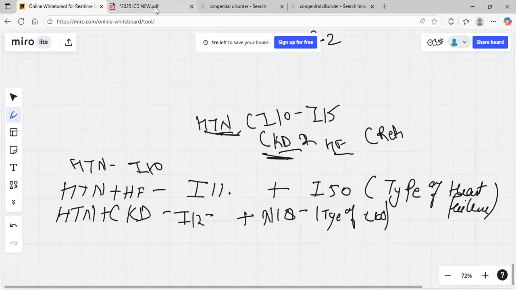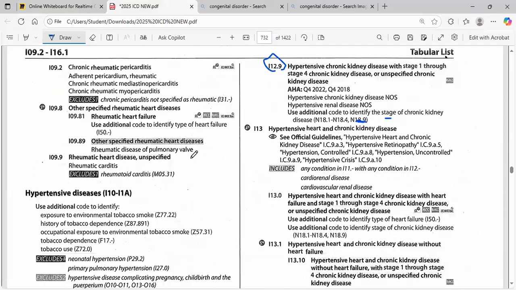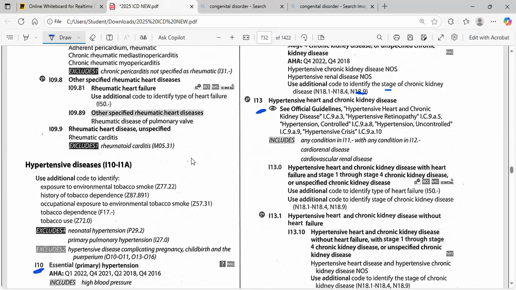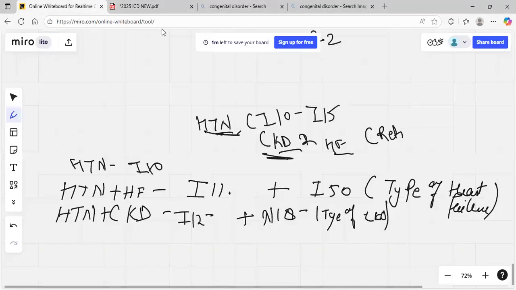Next we have I13. We have to use a code from series I13 whenever patient is coming for hypertensive heart and chronic kidney disease. So whenever patient has hypertensive chronic kidney disease, in that case what we have to do is code from series I13. So whenever patient has the